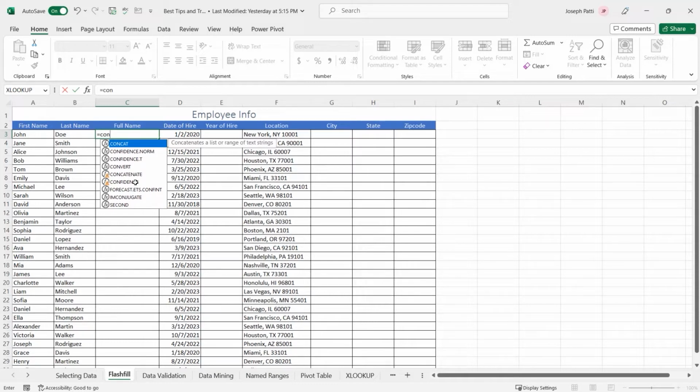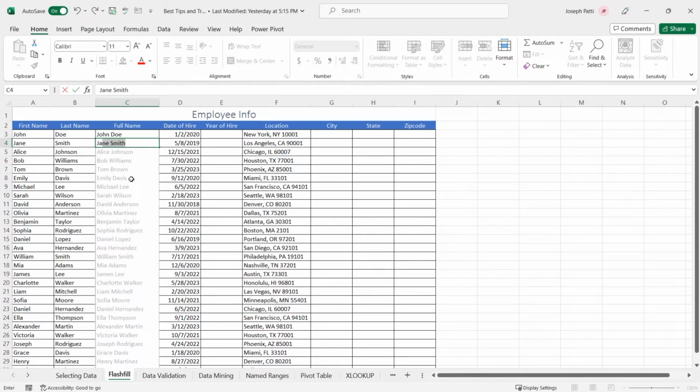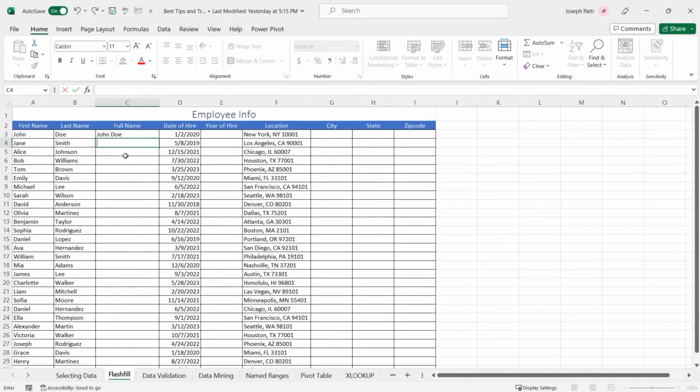But what happens if I told you it'd be easier to actually use flash fill? Well, watch this. Let me give you an example. The first thing you have to do is give Excel an example of what you want. So for instance, I want the full name. I'll just type John Doe. I'll then press enter. Now there's a couple ways to do this. You can either start typing out the next example and it will autofill all of it for you, just like that. Or another way to do this is once you click into the next cell, you can go to the